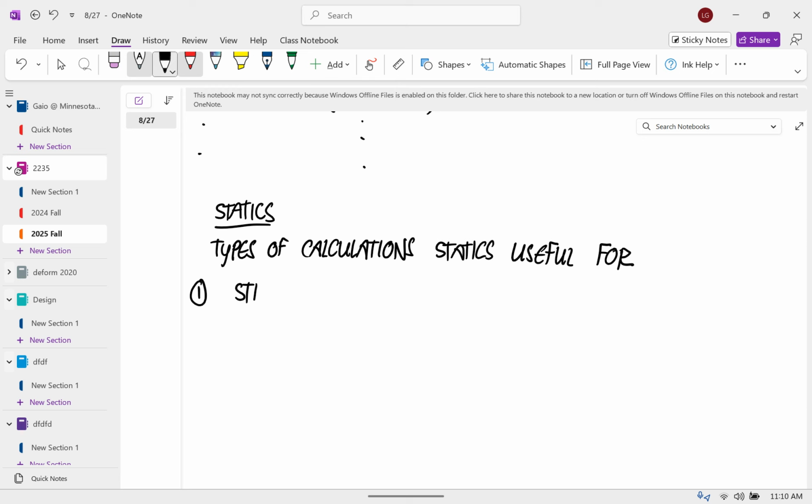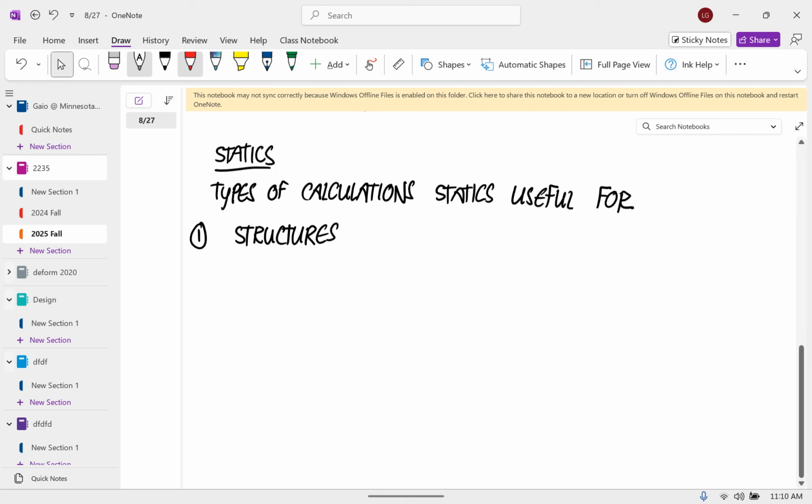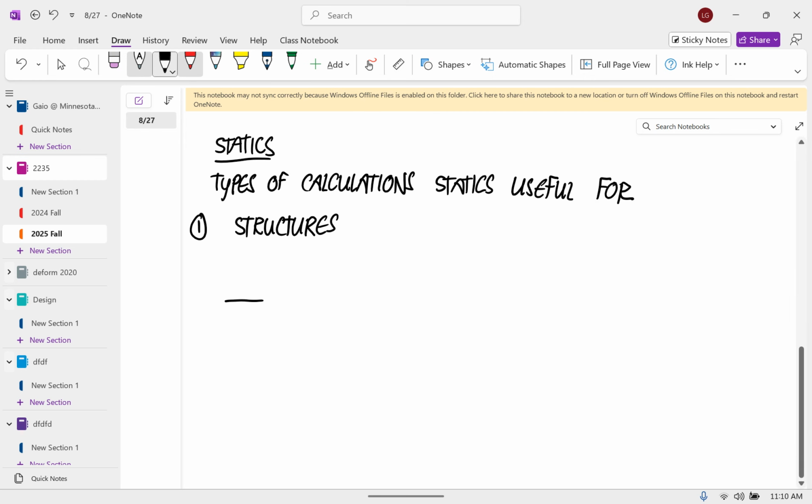We're going to do a ton of structures. So an example of that would be, say you have